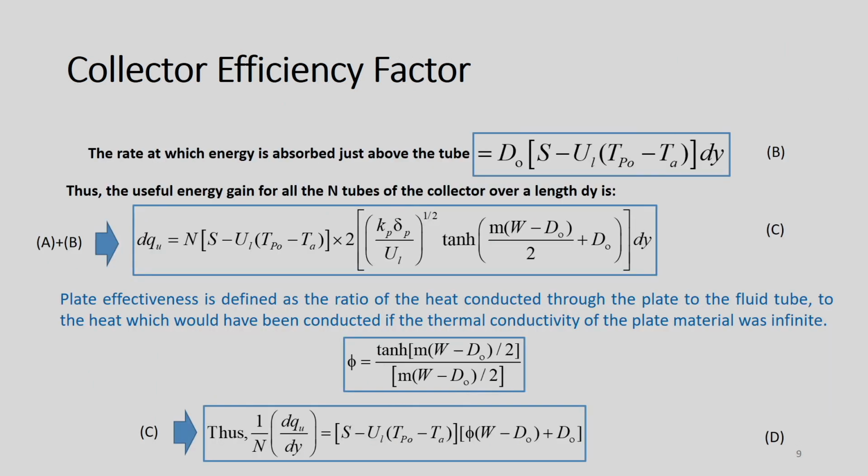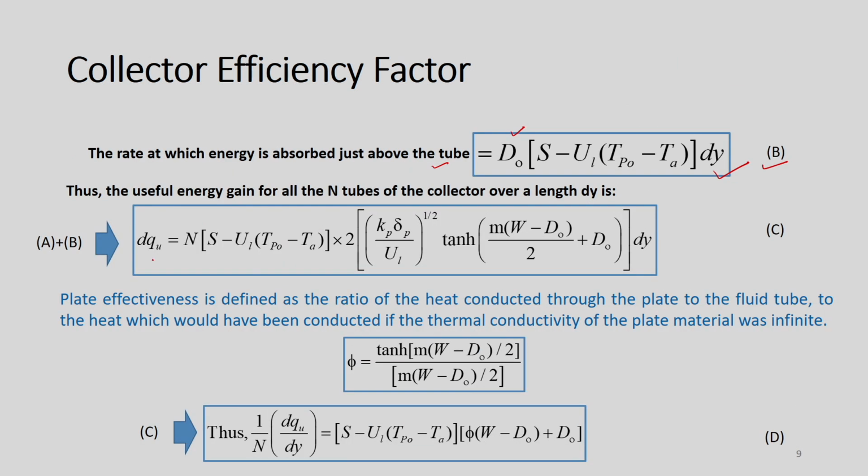Now, the rate at which energy is absorbed just above the tube is also known to us. D naught is the outer diameter of the tube, and this expression is known to us, so we can straightaway use it for calculation of the rate at which energy is absorbed just above the tube. So, if we add these two expressions, equation B and then equation A,